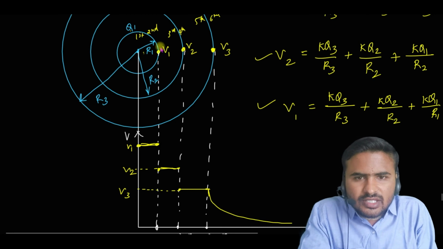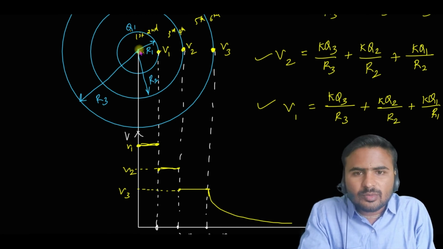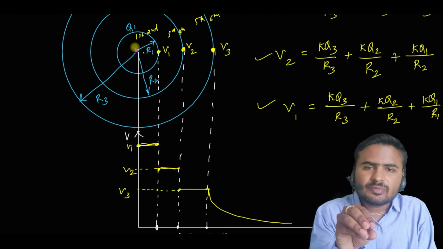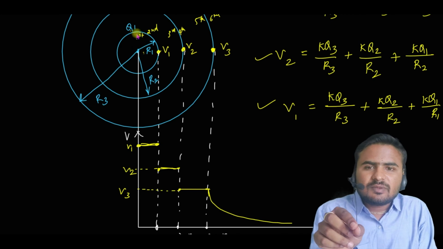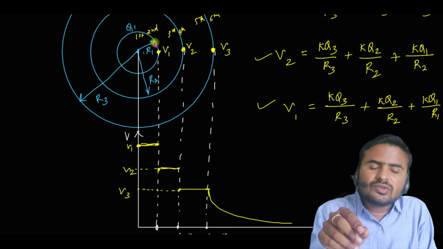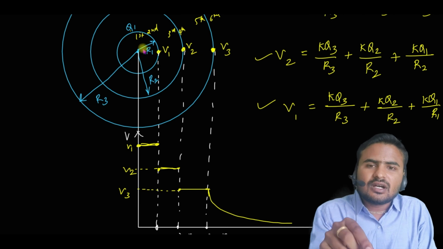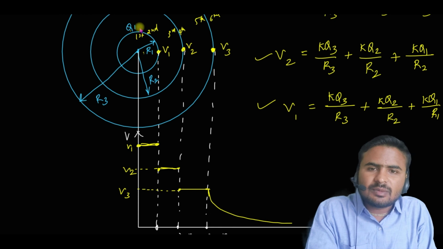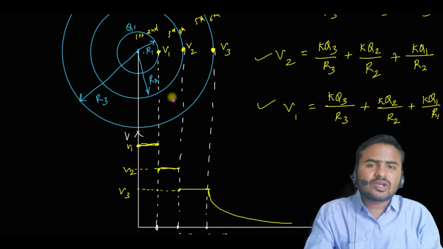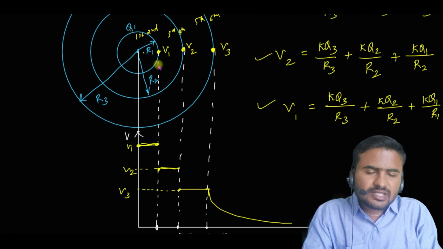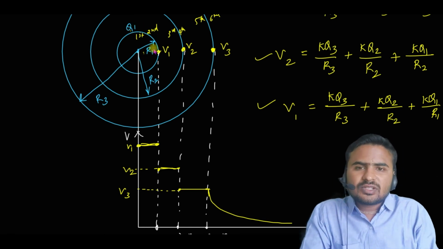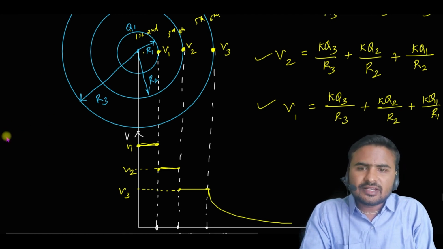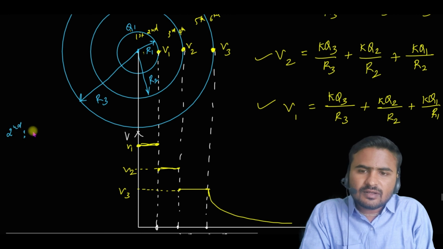The charge on the first surface is going to be 0 because no charge is present inside the innermost sphere. So there will be no induced charge on the inner surface of this innermost sphere. But whatever charge is present on the innermost sphere will be present only on the external surface, because since there is no charge inside, all the charge on the inner sphere will be present on the outer surface. So the charge present on the second surface will be q1.